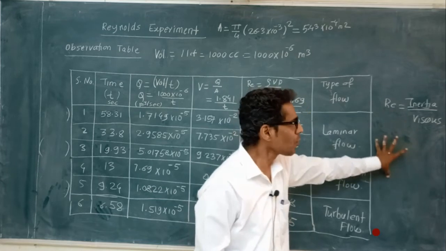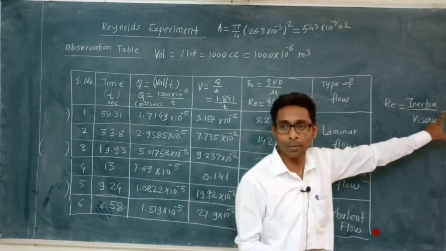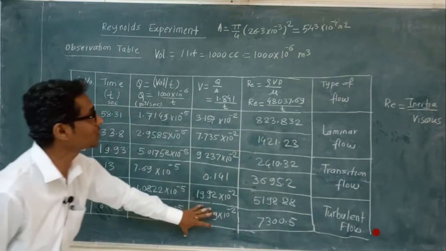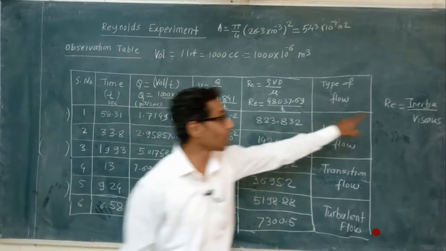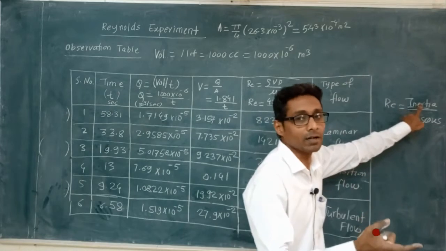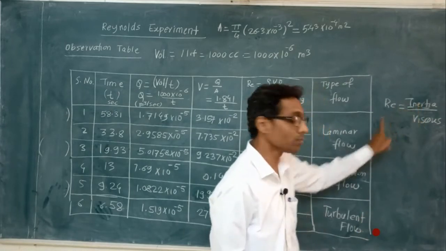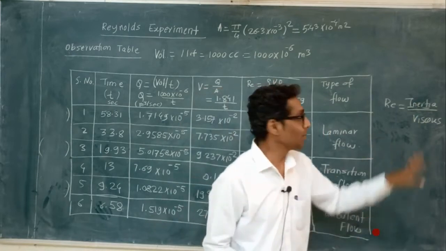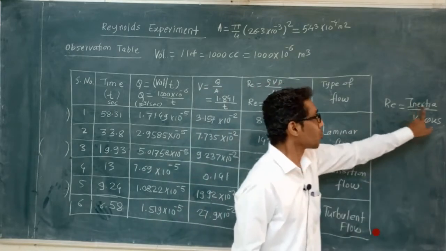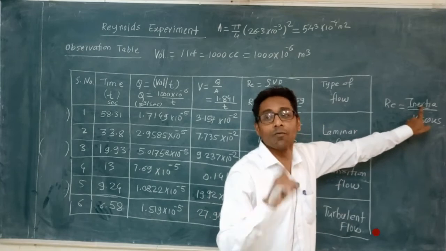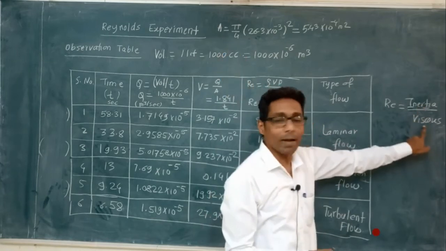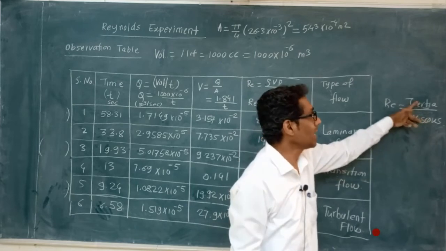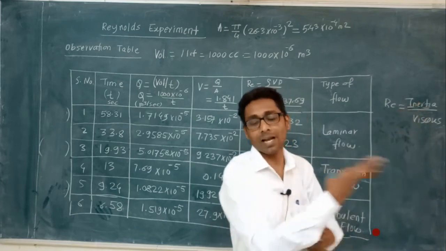And for a thin fluid, the inertia force is dominant. Inertia force dominant means we have more discharge, more velocity. In that case we find the Reynolds number more than 4000, which means turbulent flow. As per this we say that flow having more inertia will be turbulent flow, flow having more viscous force will be laminar flow, and in between, where they balance, is transition flow.